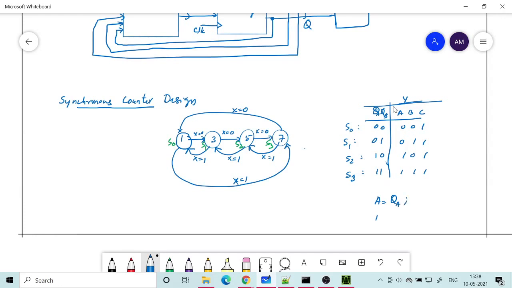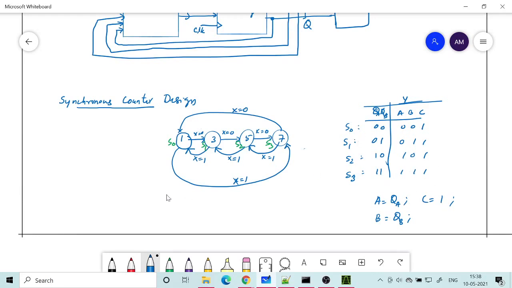Then what about B? B is QB, right? When QB is 1, B is 1. And then C is always 1. So you don't necessarily require even any additional gate. You can just take QA, QB and put a 1 there for C. So that will be the output.